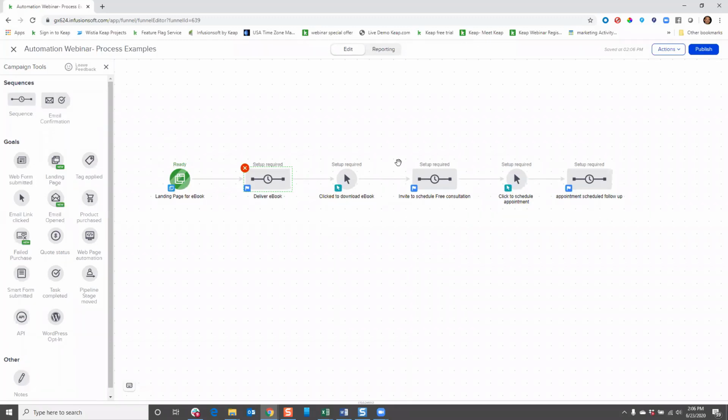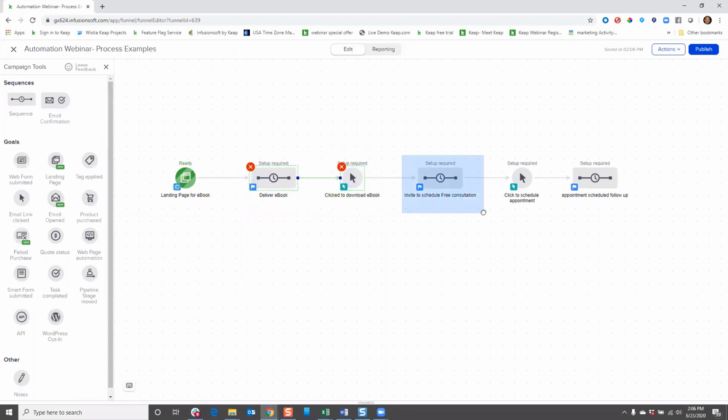Like whatever that next step is, now that they clicked to download. So if they click to download, it stops this process, right? And then it starts the next one. And it may be, hey, I'd love for you to click and have this free consultation so we can talk about the stuff that was in that lead magnet. So we can talk about,